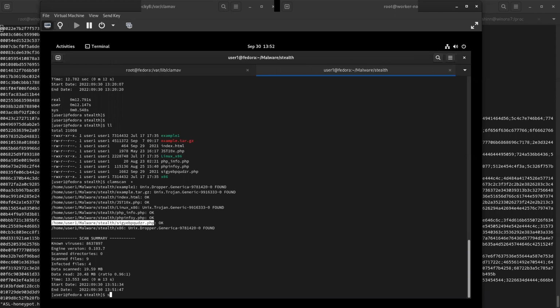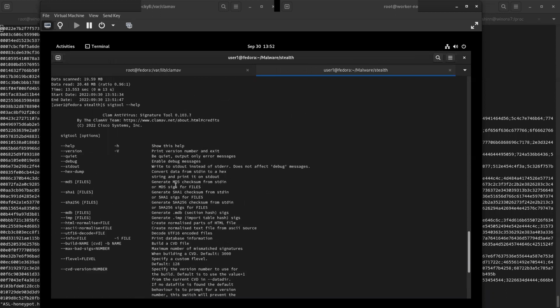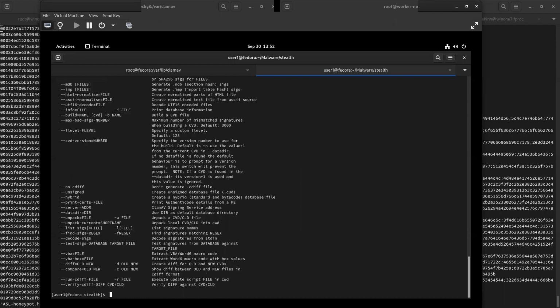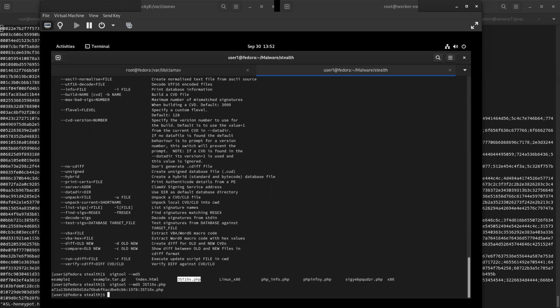So let's do that. We have a tool that comes with Clam called sigtool, and it allows me to create a signature. This would let me create signatures in all the formats, but knowing how to create a binary signature is a lot more difficult than a hash one. We'll just do a hash one real quick. So we'll do really simple sigtool MD5 on, let's pick JST OX1. And there's our SIG.